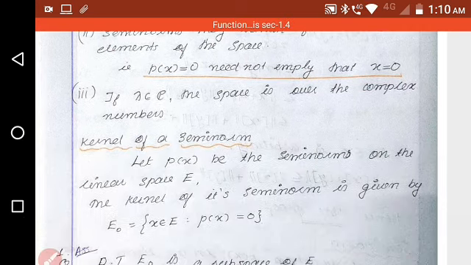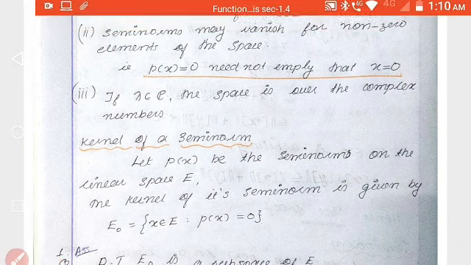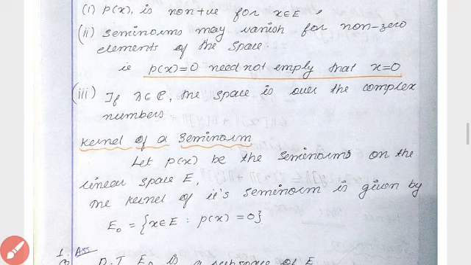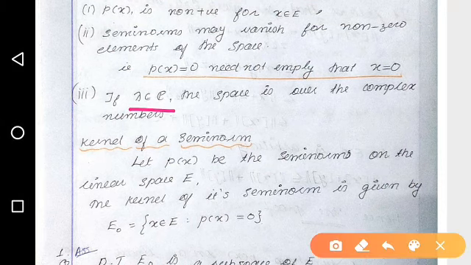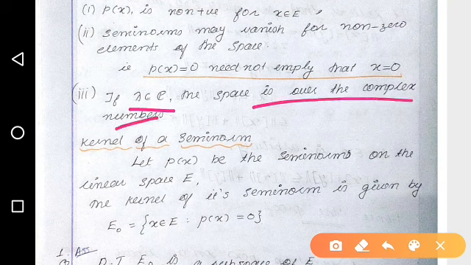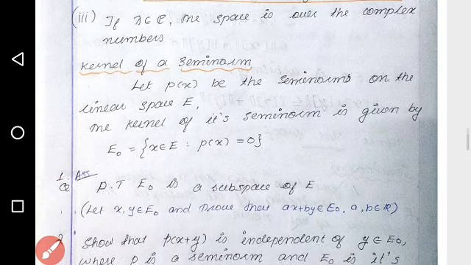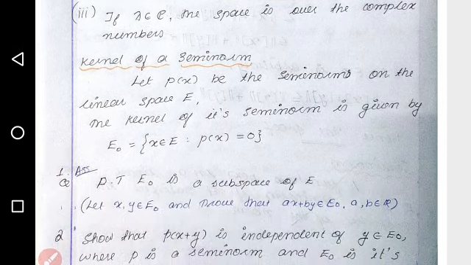Now, usually we are taking lambda as a real value. If lambda belongs to C, that is, if lambda is a complex value, then the space is over complex numbers. Now, let us define the kernel of a semi-norm. Let P of x be the semi-norm on the linear space capital E. Then